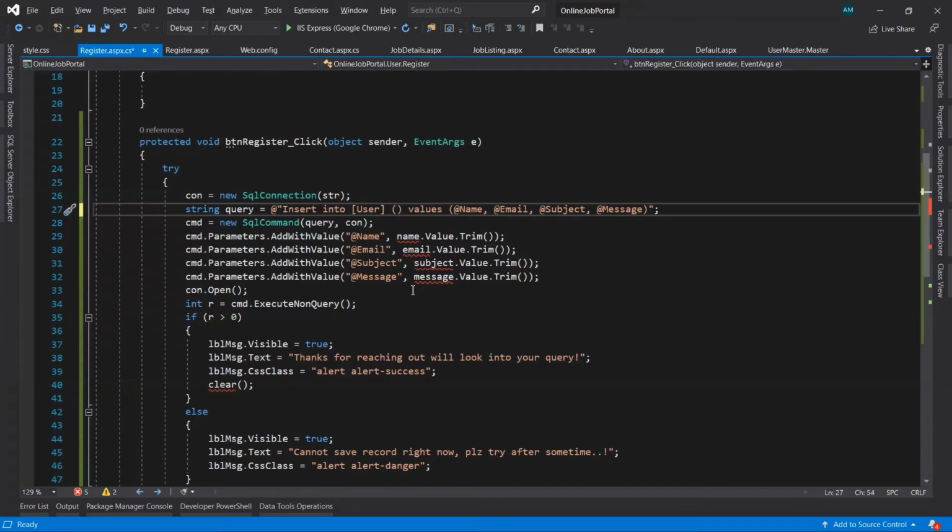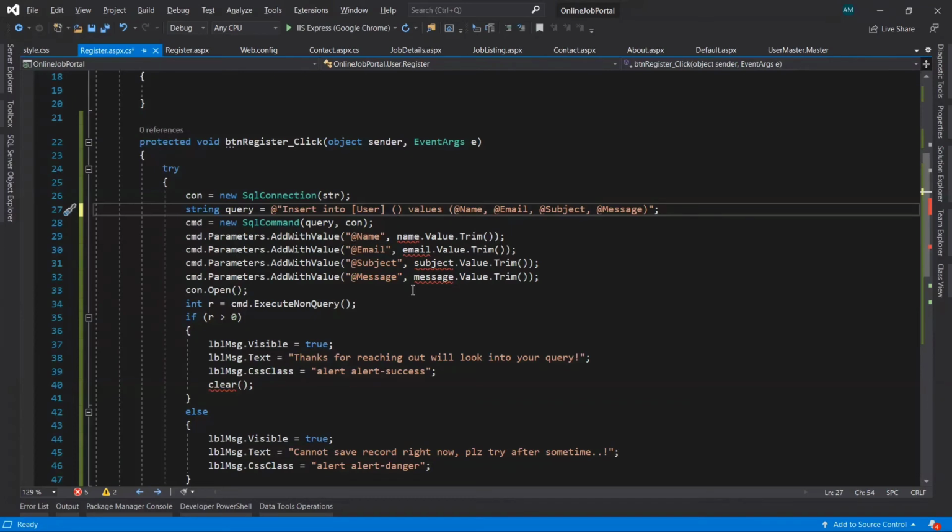Now let's give the column names for which columns we are going to provide the values. We are not going to use all the columns that are in the user table. We are going to provide values for some limited columns: username, password, name, email address, mobile number, and country. That's it. The rest of the columns we are not going to pass now, but we'll use them afterward.